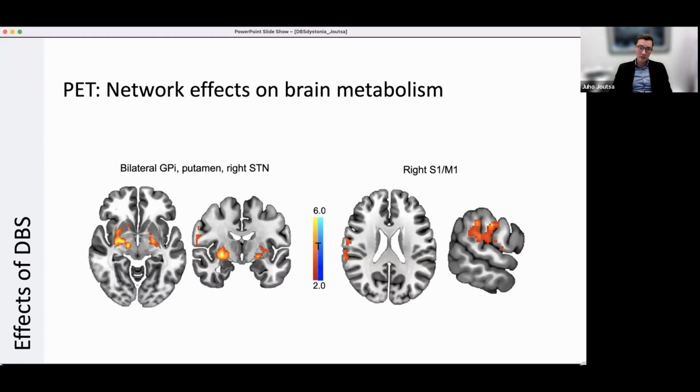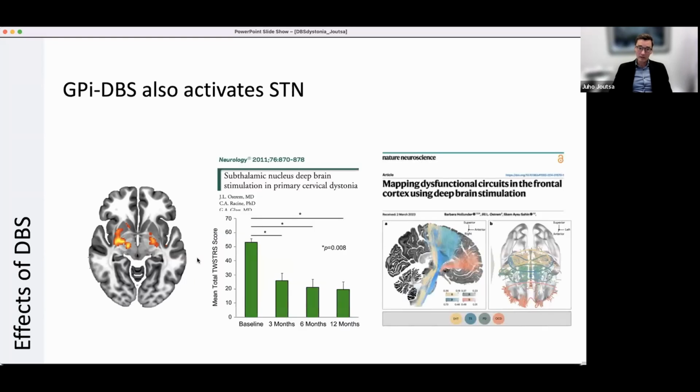DBS stimulation also induced metabolic activation elsewhere. It was not restricted to the GPi. You can see that it extended to other regions in the basal ganglia, including the putamen, the subthalamic nucleus, and sensory motor cortical regions. I think especially the STN finding is curious in a sense that there are reports